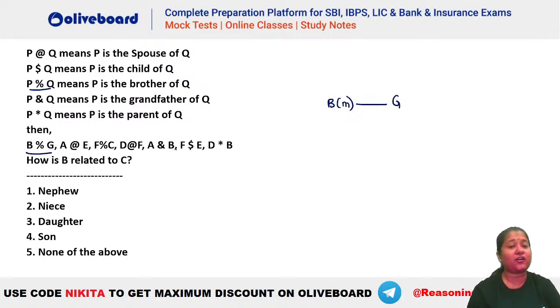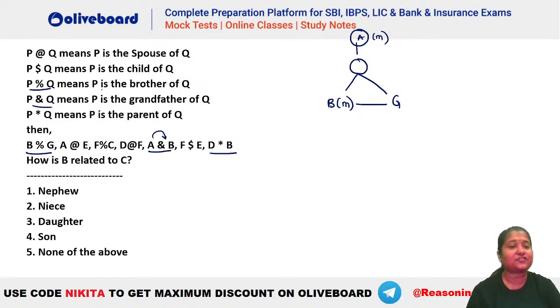अब B और G का और relation देखो. A ampersand B. Ampersand का क्या मतलब है? That is P is the grandfather. That means A should be the grandfather of B. मतलब इनका कोई parent होगा. Let's say there is a parent here and there is another parent who is your A. So A is a grandparent of B will be something like this. क्योंकि B and G तो वैसे भी siblings है.